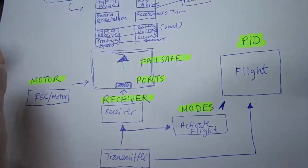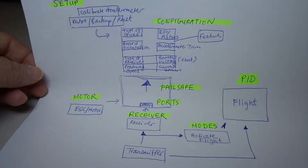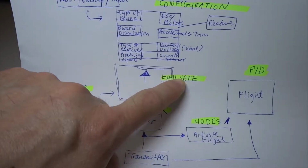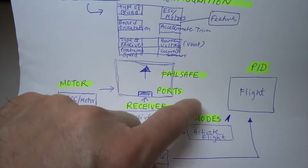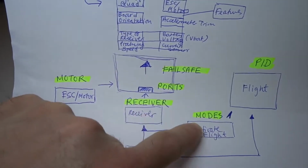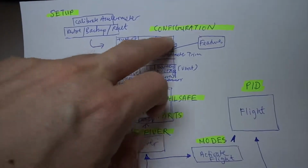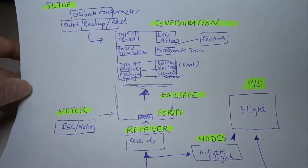Betaflight configurator. So let me quickly let you look at the screen as a summary. So you have setup, you have configuration, you have motors. Also the failsafe is here to make sure that your quad doesn't fly away in case of loss of transmitter signals. So you have ports, you have receiver, modes, PIDs. So these are basically the tabs on Betaflight that you need to look at when you look at the Betaflight